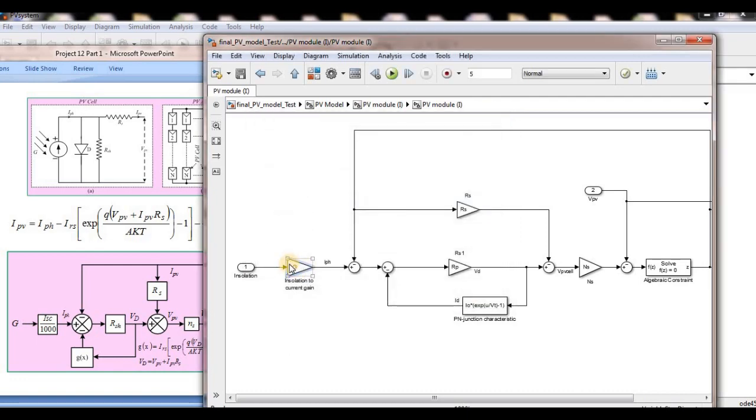This G is a constant parameter, ISC by 1000. So I can get the IPH current, and I subtracted IPV from IPH.